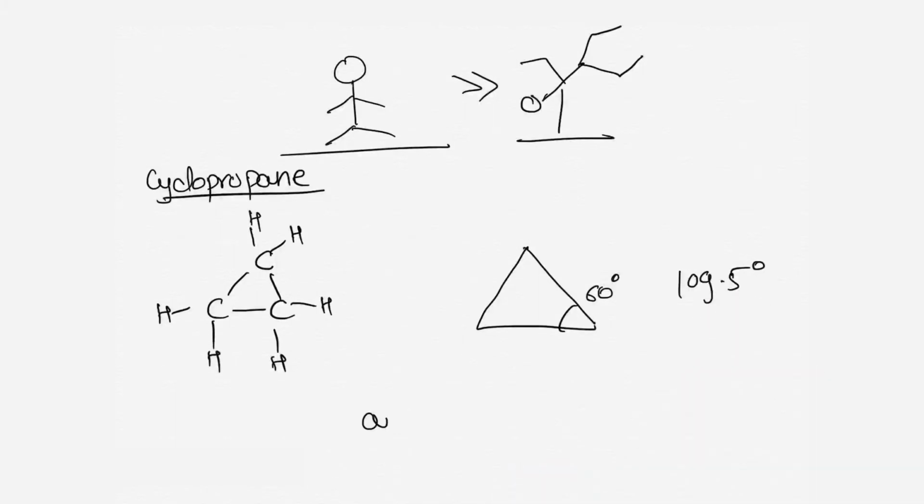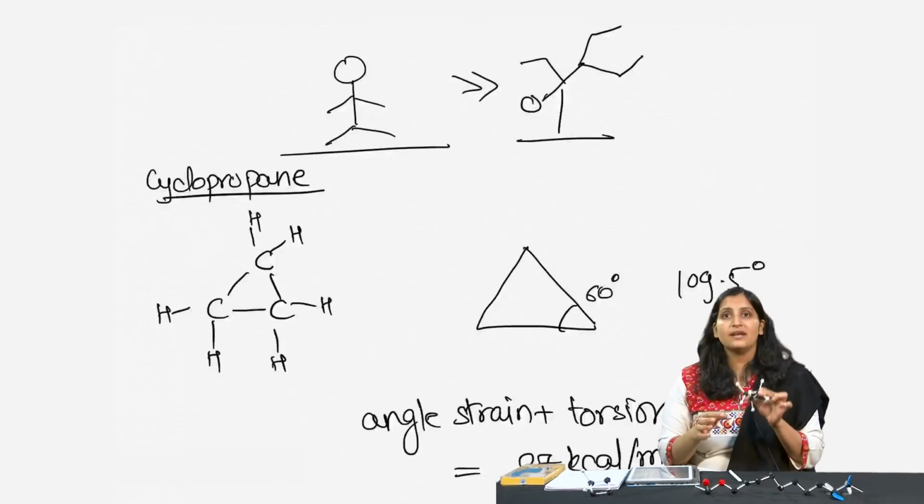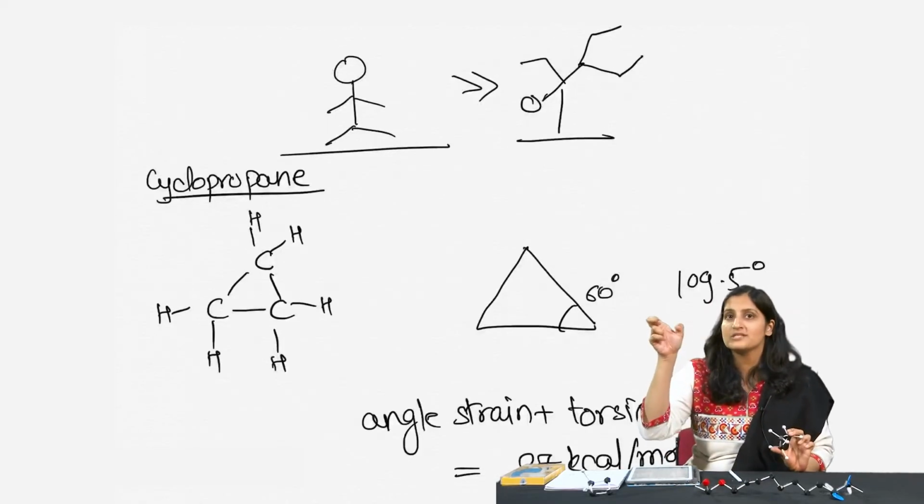So, I will say angle strain plus torsional strain is approximately 27 kilocalories per mole, and because of this the molecule is way more strained, and it is in fact like that compressed spring